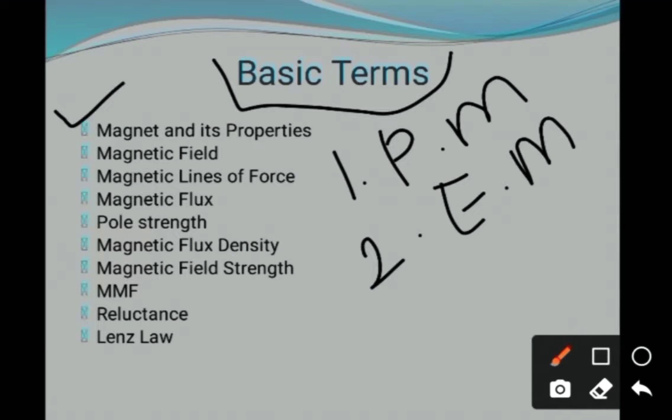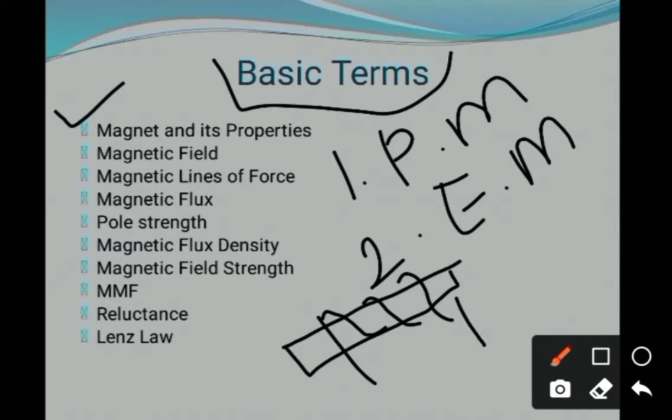It means the electromagnet means we are generating the magnetic property in the iron rod. So firstly we consider a iron rod, and coil is mounting on iron rod. When current start flowing through the coil, this iron rod behaves as a magnet, and we are going to control the direction of magnetic field in the electromagnet.